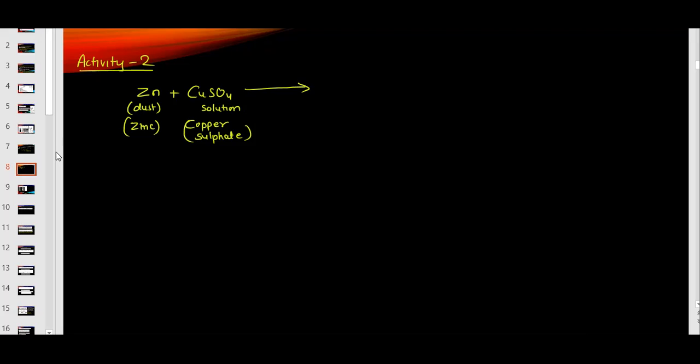When zinc is added to copper sulfate solution, zinc is more reactive. Copper is replaced by the zinc and forms zinc sulfate. एक चार्ट है एलिमेंट्स का कि कौन किससे ज्यादा रिएक्टिव है, that I will tell you later. और जब जो ज्यादा रिएक्टिव होता है वो रिप्लेस करता है, तो यहाँ पे क्या होगा, जिंक ज्यादा रिएक्टिव है, that's why it is going to replace the copper. Zinc will come in place of copper और ये कॉपर यहाँ से हट जाएगा. ओके, इस टाइप के रिएक्शंस को हम क्या बोलते हैं, that I will discuss later.